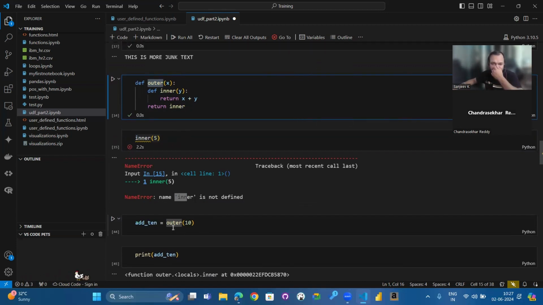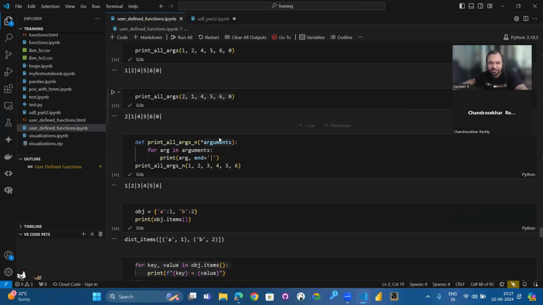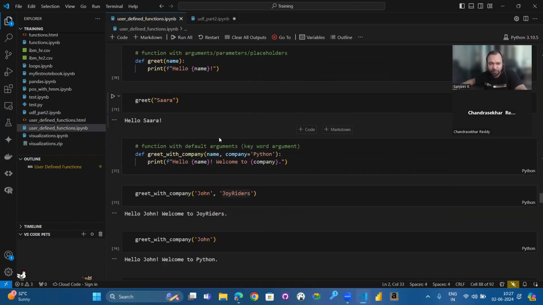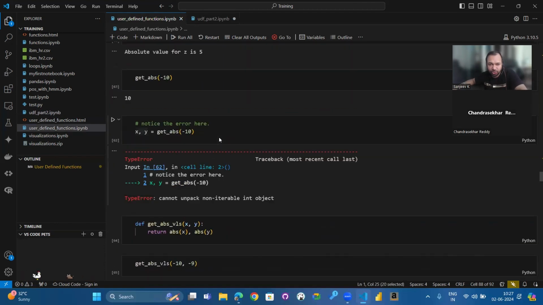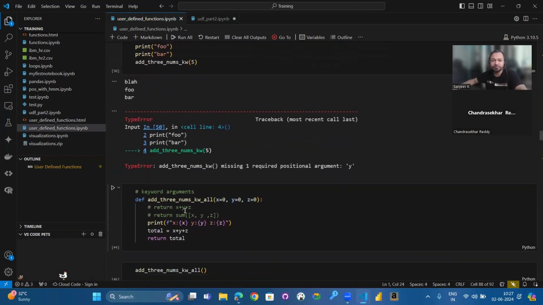I'll call outer now first. What I have done is I have written one function, outer, and in outer I have written one more function. In yesterday's session, we discussed something like, wherever you have the first return statement, the next part of the body will not get executed. I'm not sure if you remember that or not, but I just want to show you. I discussed this yesterday. Whenever you have the first return statement, the next part of the body will not get executed.